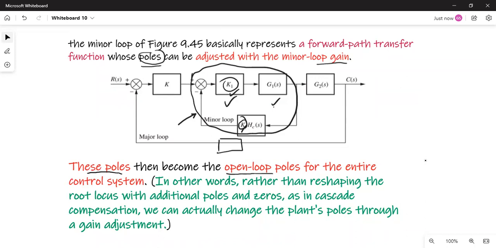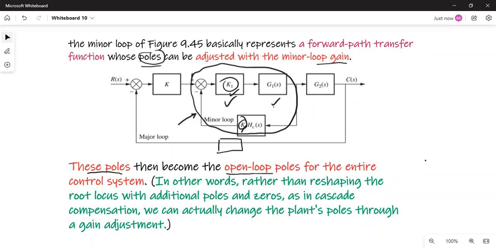So eventually you have to draw two root loci for this scenario. One is for the minor loop, designing the minor loop using the root locus, and whatever poles and zeros you obtain, those poles and zeros have to be the initial points of your overall